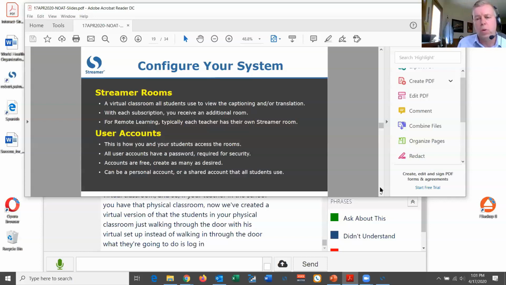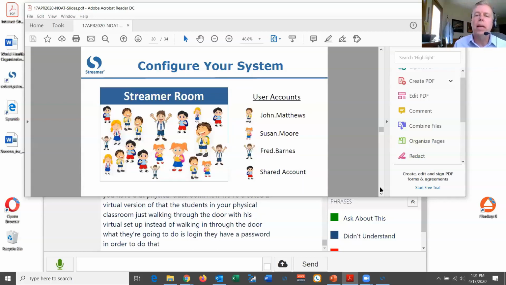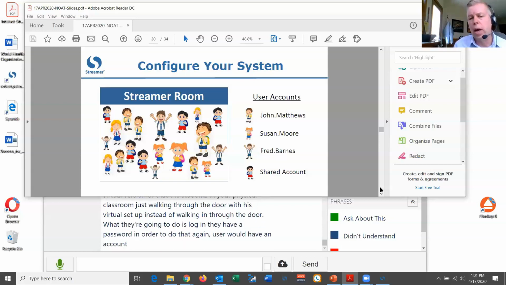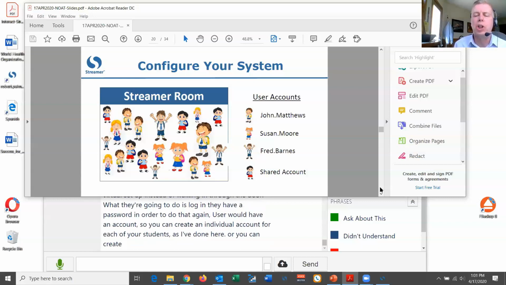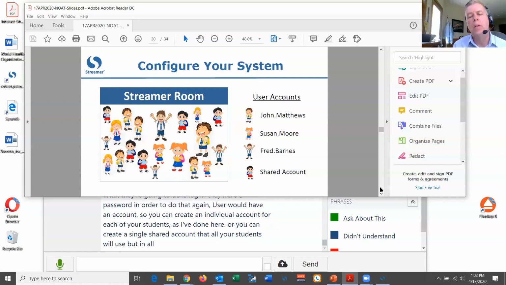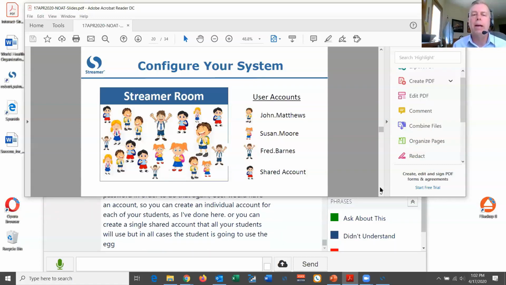They have a password in order to do that. So again, each user would have an account, so you could create an individual account for each of your students, as I've done here, or you can create a single shared account that all your students will use. But in all cases, the student is going to use the exact same process to enter your room every time.